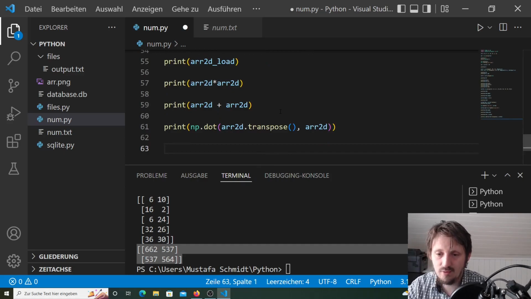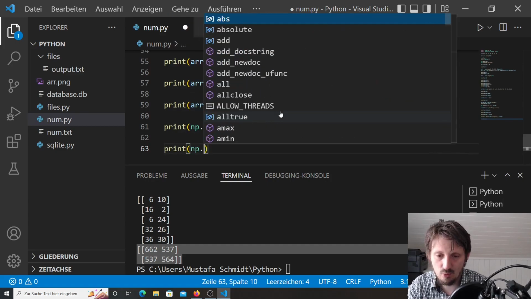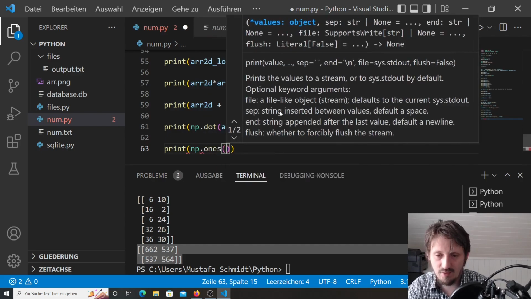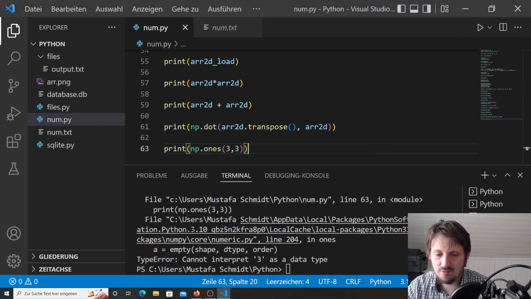Now, if you do things with matrices, after some time you may come into the condition that you have to create some empty matrices with only zeros or only ones, or some identity matrices. What we can do is use built-in functions in NumPy. One is called ones, and we can write, for example, 3,3. And when we run this, you see,